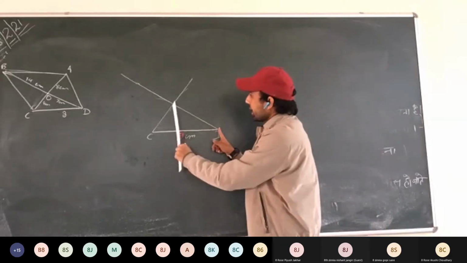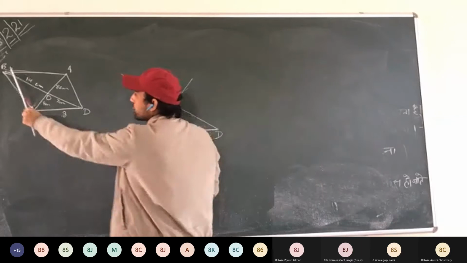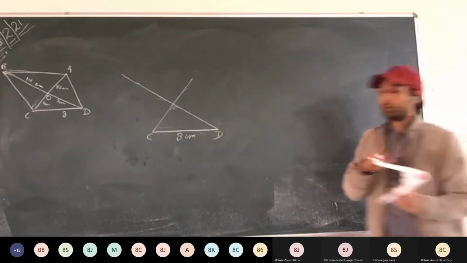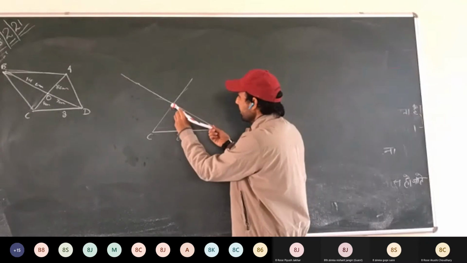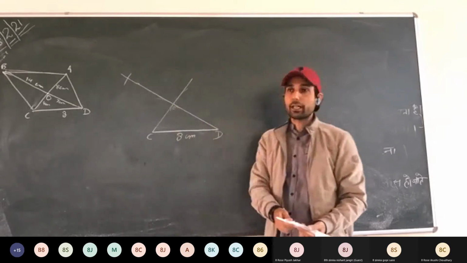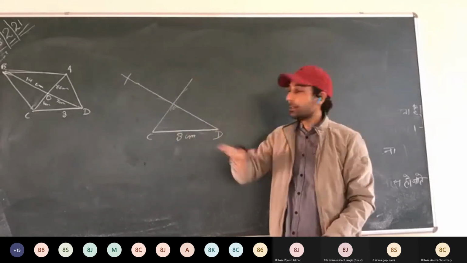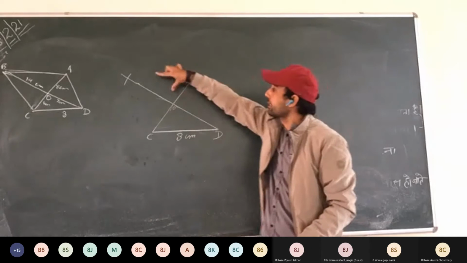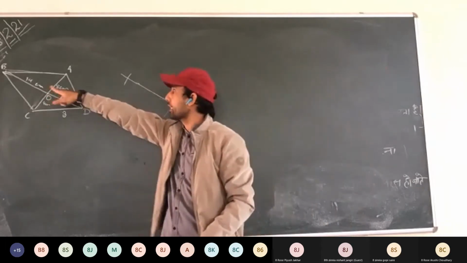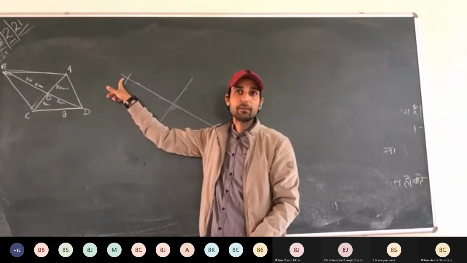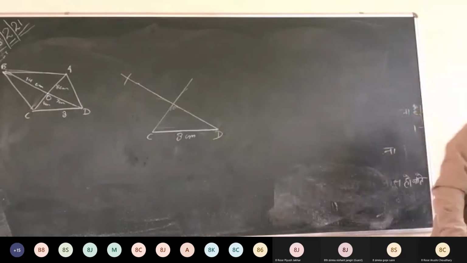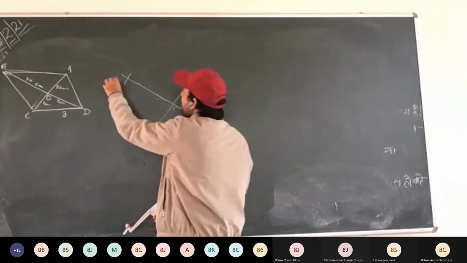Now this is 7 centimeters. This total has to be how much? 14 centimeters. So take 7 centimeters again and from here make an arc. This is 7 centimeters. This has to be 7 centimeters as well. Total how much? 14 centimeters. Which we got here? B. B we got here. So we can mark it as B.